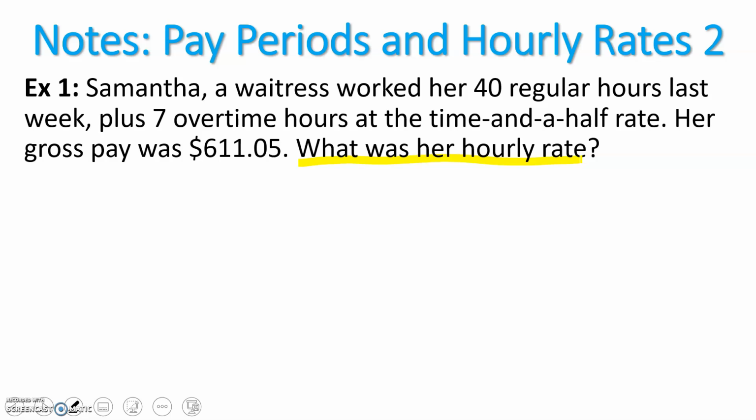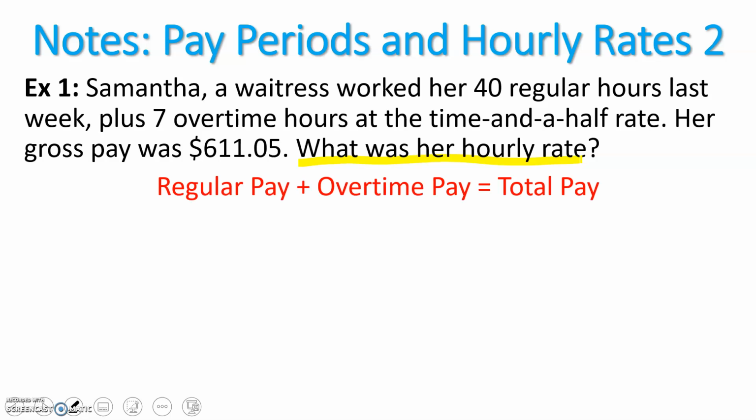Okay, so we are going to determine how much she made per hour using the information they've provided. So we know that her total pay is based on two things: the regular pay, right, from the 40 hours, plus the overtime pay that she earned from those 7 overtime hours. We know that her regular pay will be 40 hours times how much she gets paid, right? And we know that her overtime pay will be 7 hours times